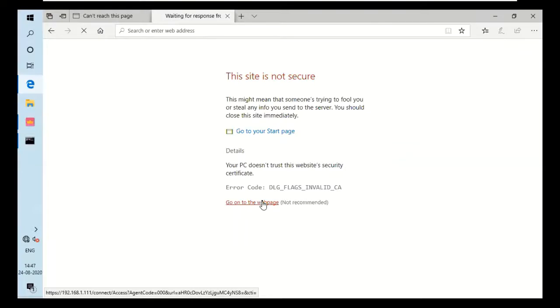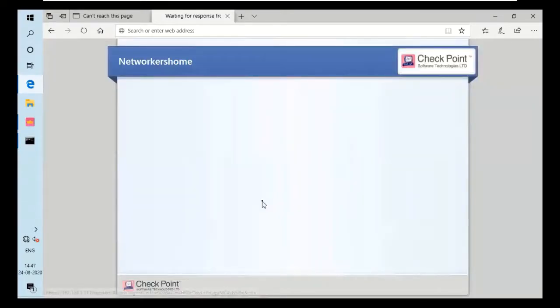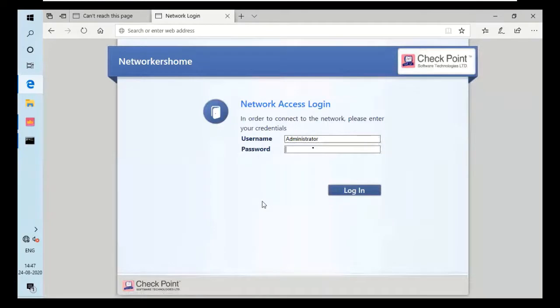Yeah, it's loaded and it will now prompt me for a username and a password to give my credentials so that I can continue to the website. For your information, I added a title at the portal and it's Networkers Home. So I will try to write the password. I mistyped it, so I will edit it out again. Yeah, and I will type it again, admin at the rate 1234, and I will hit login, which will forward it to